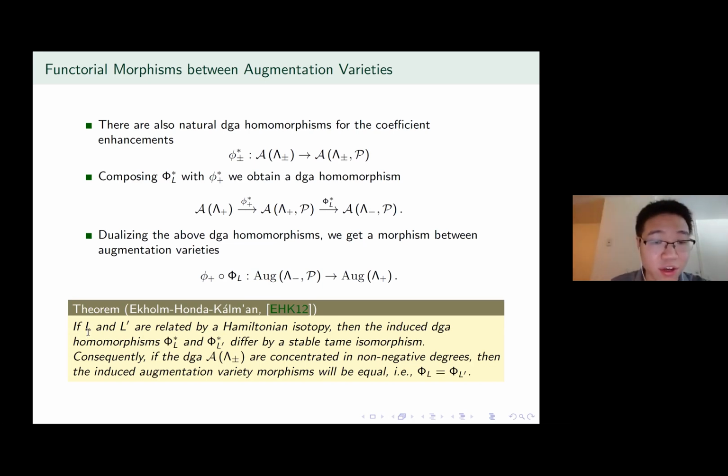If L and L' are related by Hamiltonian isotopies, then the induced DGA homomorphisms differ by a stable tame isomorphism. Consequently, if your Chekanov-Eliashberg DGAs are concentrated in non-negative degrees, then the induced augmentation variety morphisms will be equal, so they will actually be equal morphisms. That's their result, and it follows quite easily if you enhance to